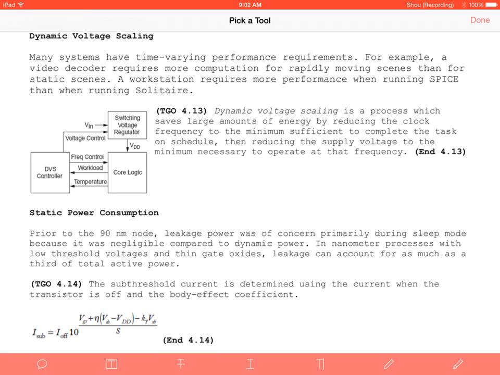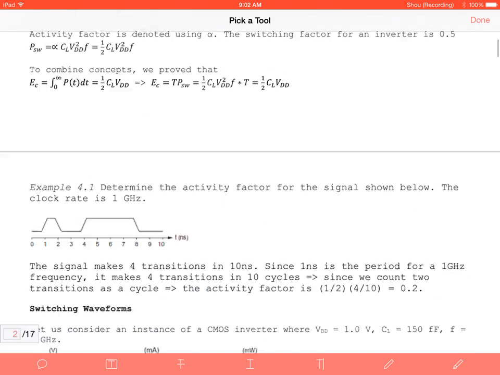We're learning about power and static and dynamic power consumption. So before we start the new material, does anybody have any questions about anything we covered in Section 4 so far? So in the previous lecture, we briefly covered, I'll scroll back to the beginning,